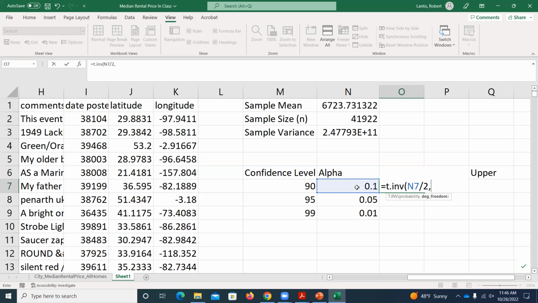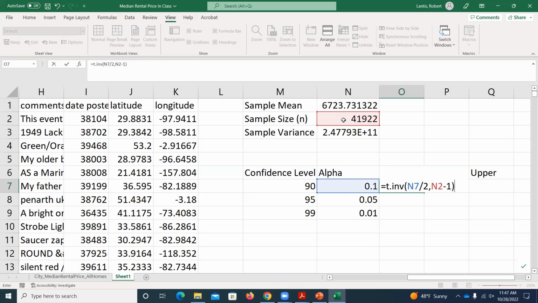So norm.s.inv, I just had to tell it alpha over 2. Problem is, it needs to know what student t distribution I am using. So what is my degrees of freedom? Well, my degrees of freedom is simply my sample size minus 1. So this is basically what we're doing using the table. It's going to look up alpha over 2, spit out at you the corresponding t-value that gives you alpha over